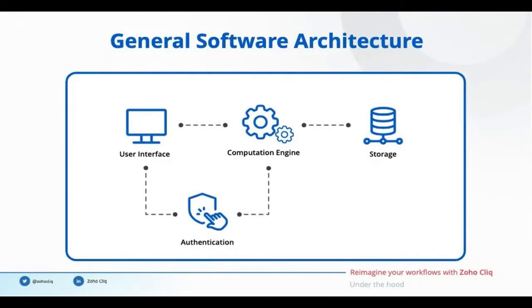The user interface is where users can view data, feed inputs, and perform actions. It is basically what the end user sees in any software. The second constituent is the computational engine that ensures proper functioning of the software from the backend. The third constituent is the storage that allows you to store and access data for later use. The final one is the authentication mechanism, which verifies the identity of the users and ensures data security. Now, without further ado, let's jump on to see each one of these components in detail.